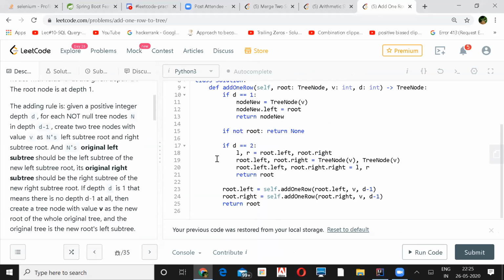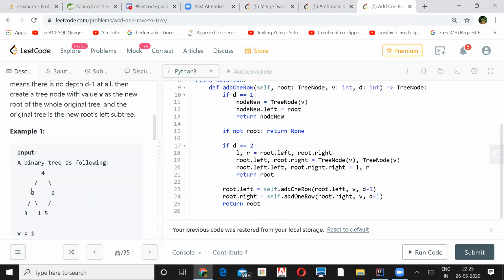Else, in the case where your depth equals 2, I store the root's left and root's right in variables, and create new nodes at root dot left and root dot right, and then put these values at the next level. If you are at this level, you insert the values and store 2 and 6 in other variables, append them, and recursively call on them. Instead of having two variables, depth and current depth, you're just reducing the depth.